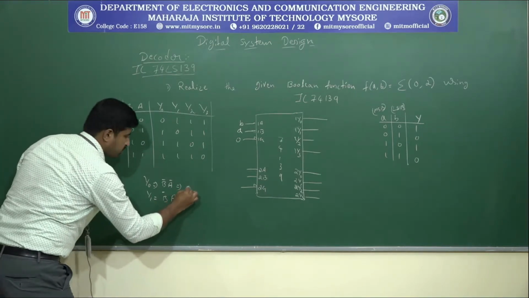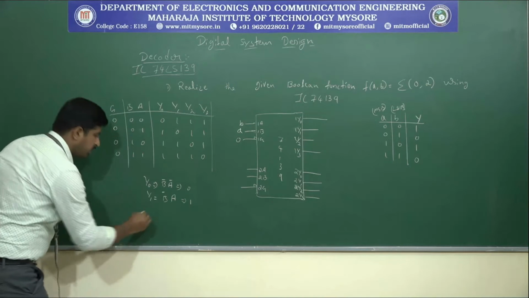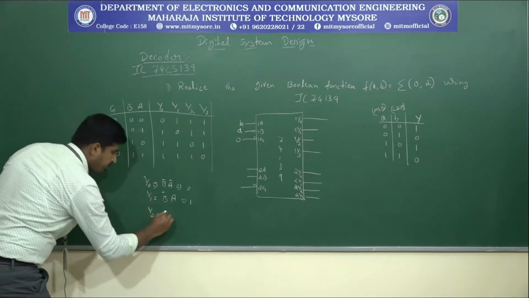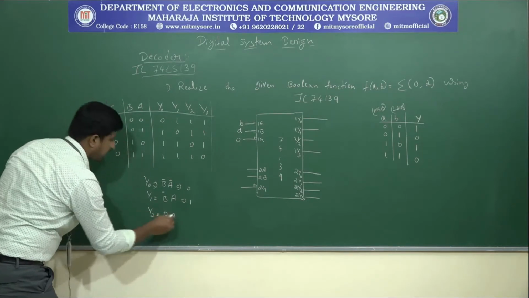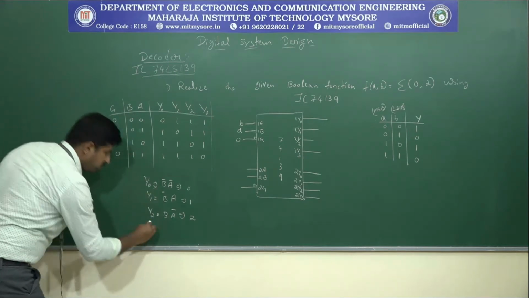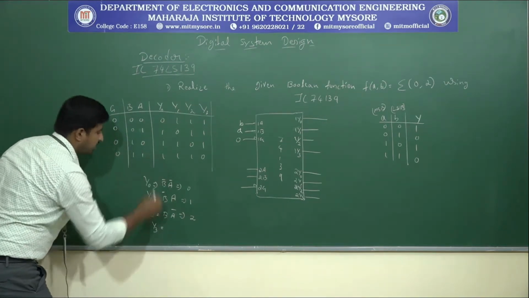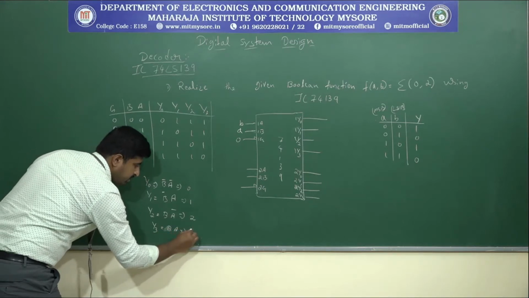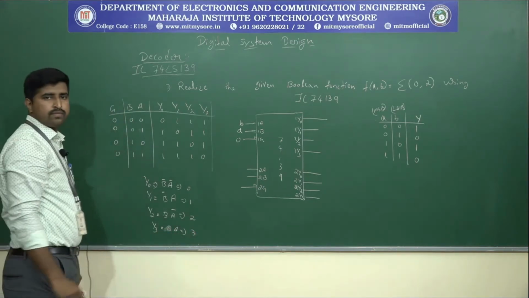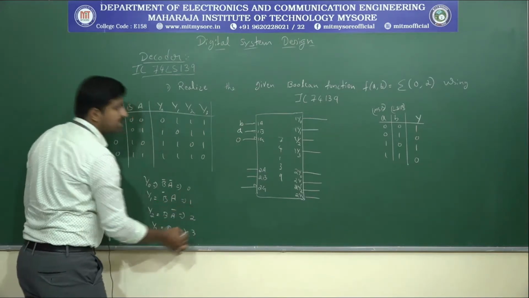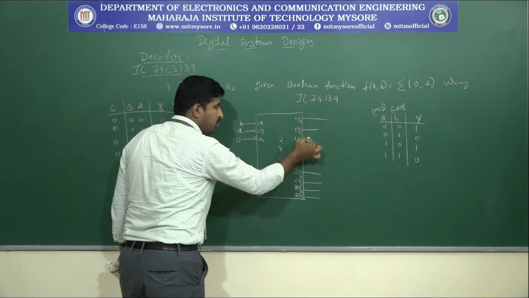So this corresponds to the 0 and this corresponds to the 1, and this Y2 will be enabled when the inputs are B and A bar. So this corresponds to the 2, and similarly 1, 1, Y3 is enabled when the inputs are B, A, and this is equal to the 3. Okay, so this is corresponding to 0, 1, 2, 3. Similarly this is 0, 1, 2, 3.